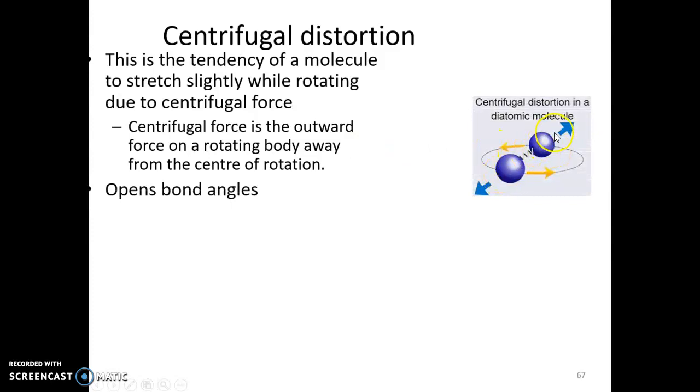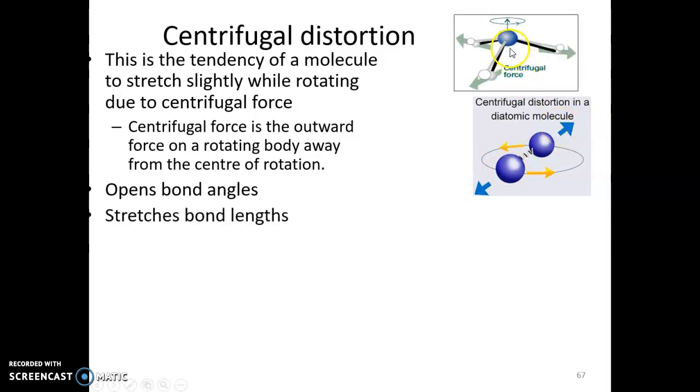So this is a rotating diatomic molecule. As it's rotating, the centrifugal force throws the bond length out, and it also expands the angle. So generally, centrifugal distortion increases the bond length, and it also stretches, opens up the bond angles, and in doing so